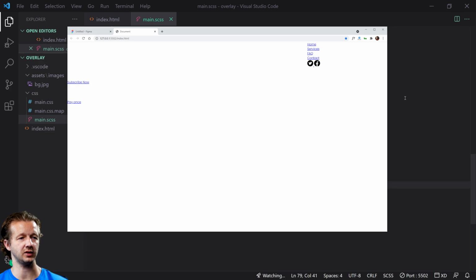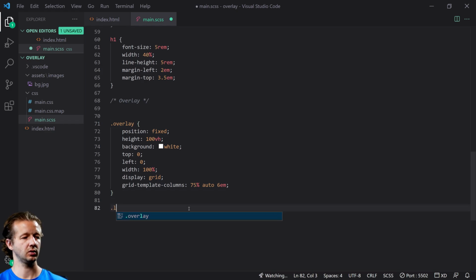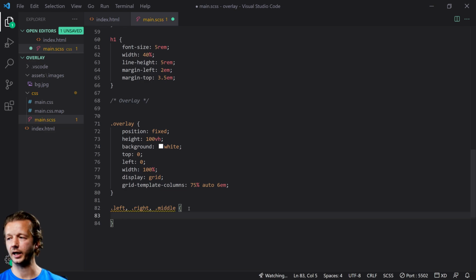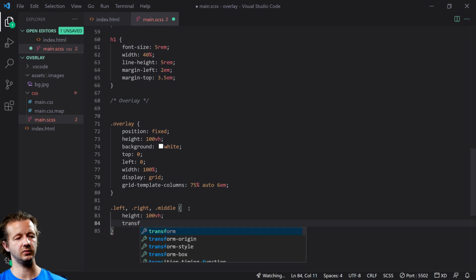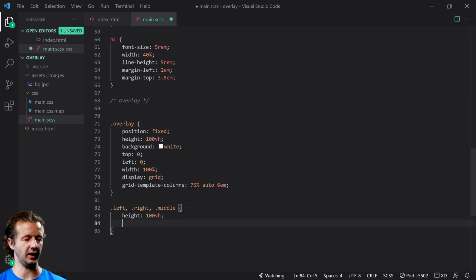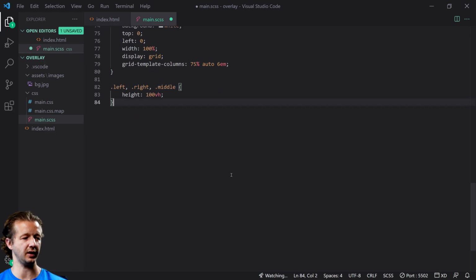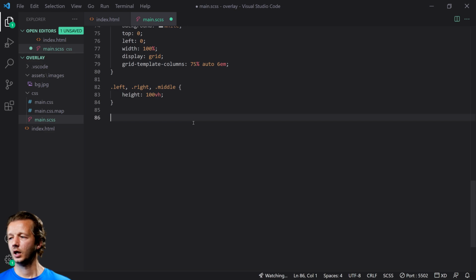We can't tell yet because we haven't styled them up specifically. Now what I want to do is take the left and middle, and we're going to add a height of 100 viewport height. We're going to leave it at that for now. We're going to add some other stuff later when we get to the interactive part for JavaScript. So our left, we're going to add a bunch of padding,